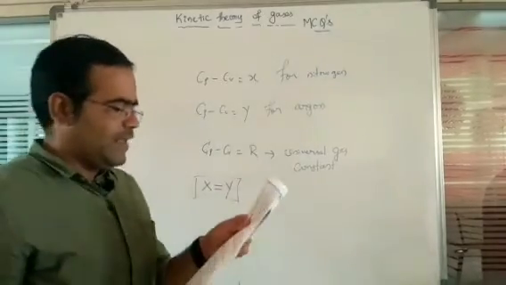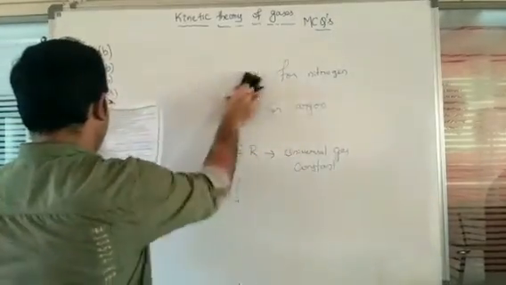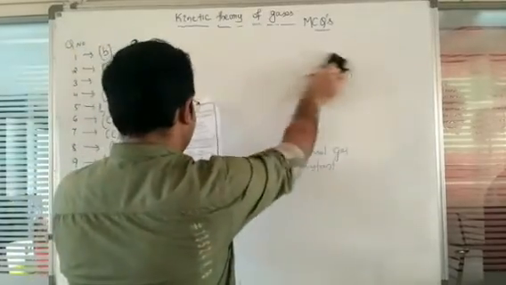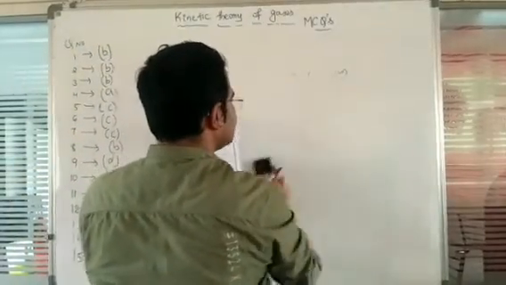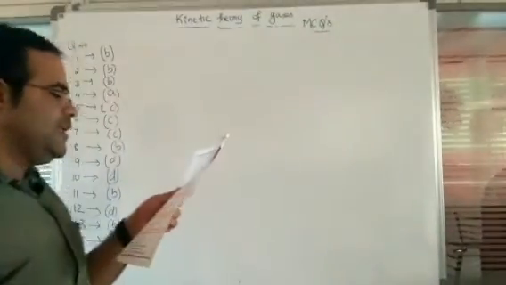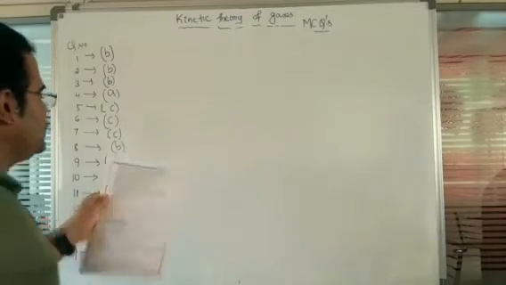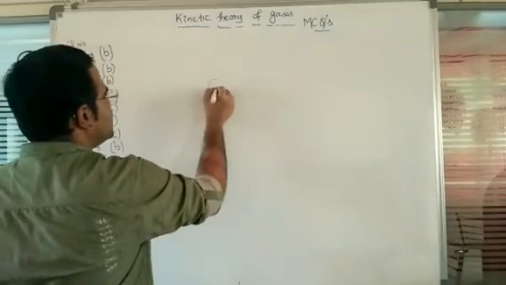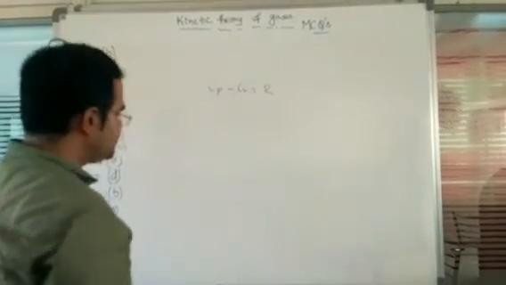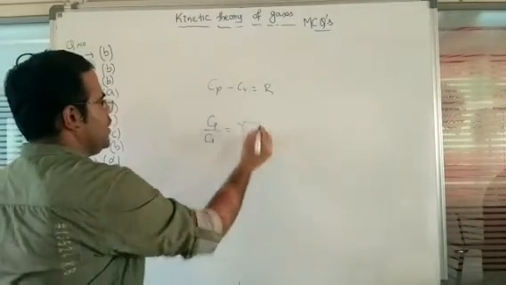Next, question number 15. Here Cp divided by Cv is gamma, and the molecular weight is M. The specific heat capacity at constant pressure is what? So we have to identify the Cp value. In order to identify the Cp value, we are going to observe Cp minus Cv is equal to what can we write? R value. And Cp divided by Cv is equal to what here?